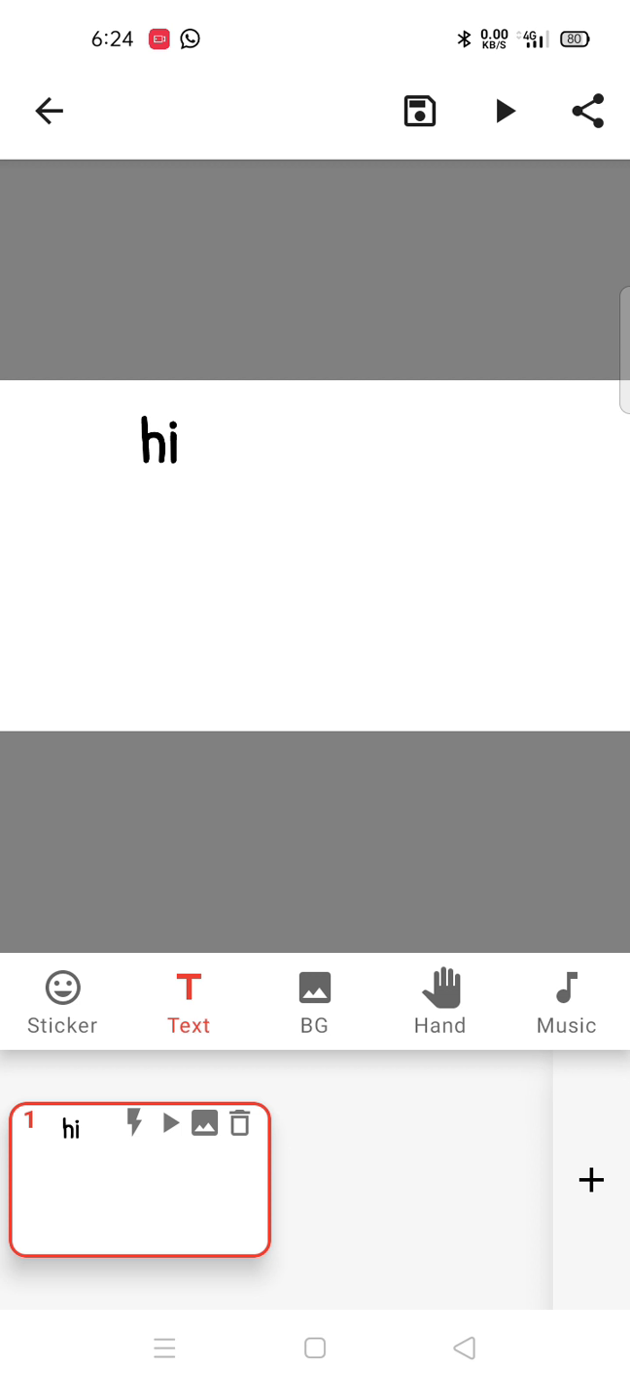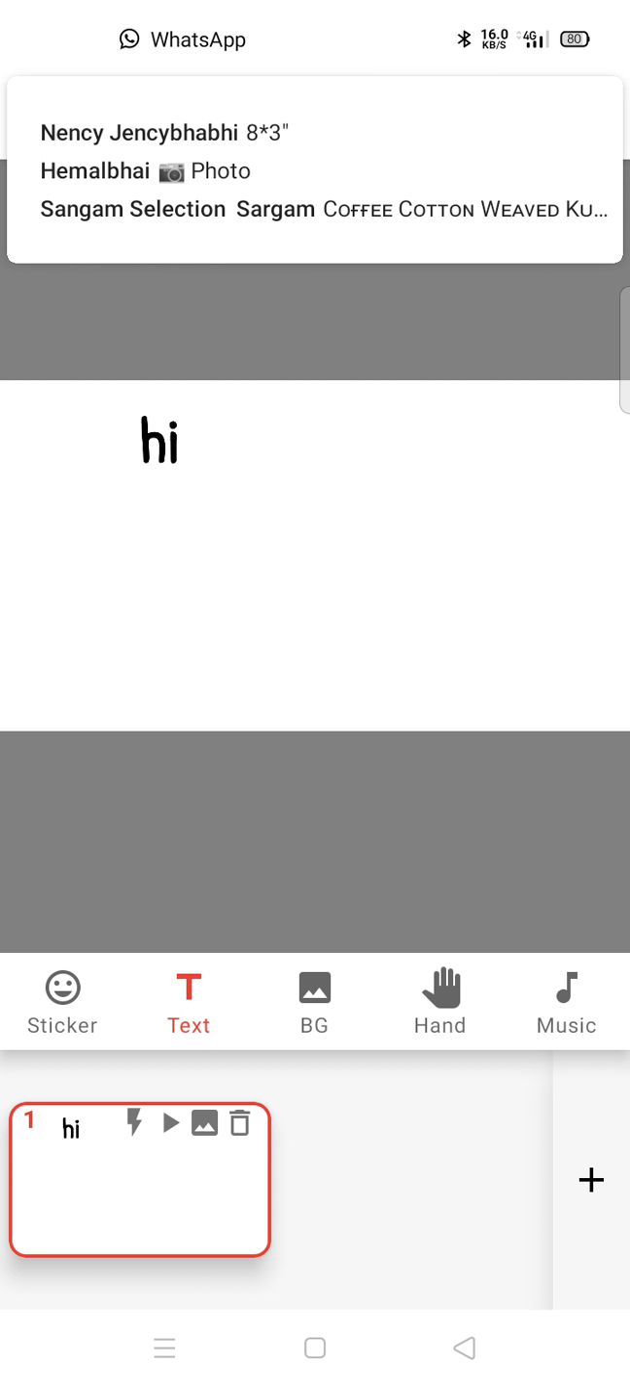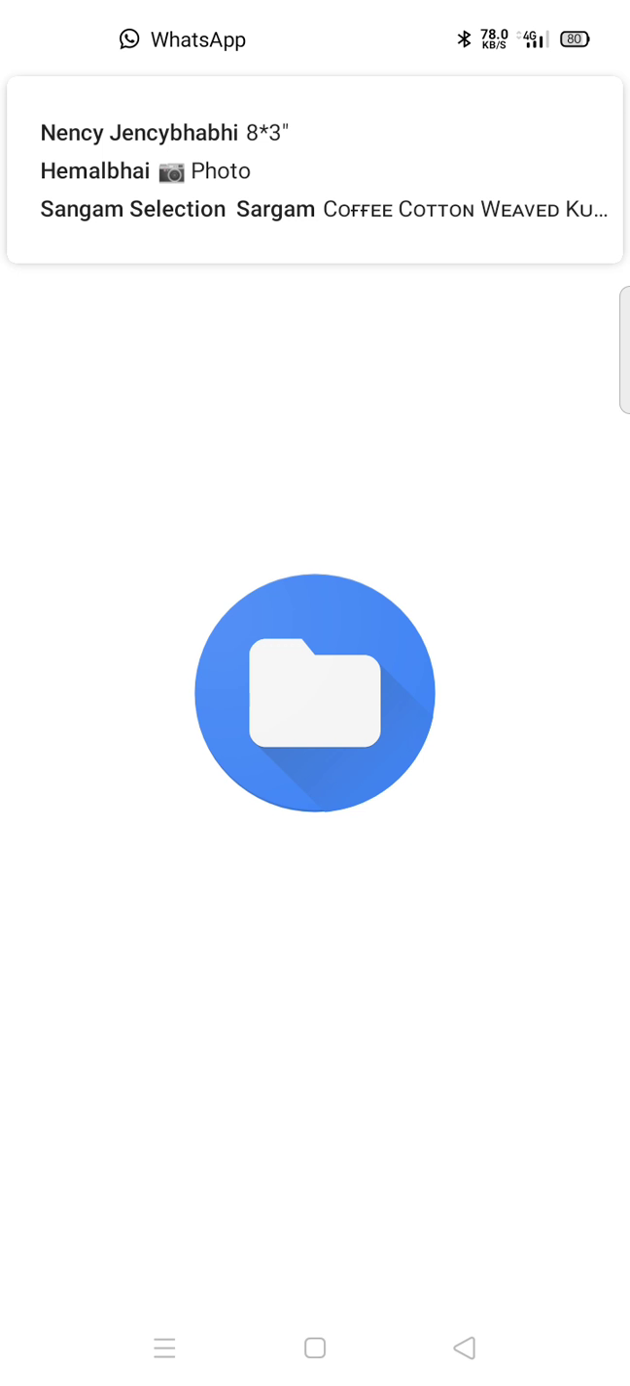Now if you want to add background, then from BG, see here BG, you can add it from there. If you want to add photo, you can add from this photo icon here. As you click, it will take you to your drive, my drive. Here